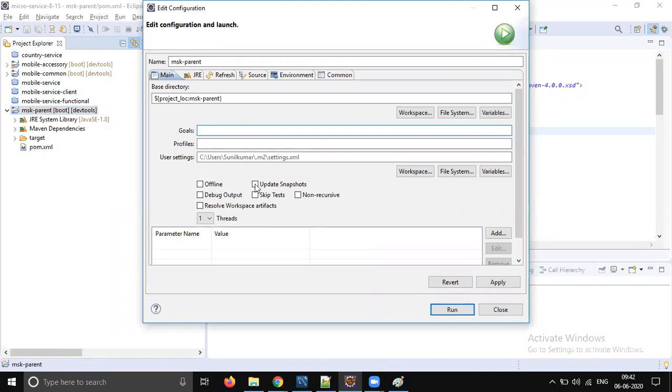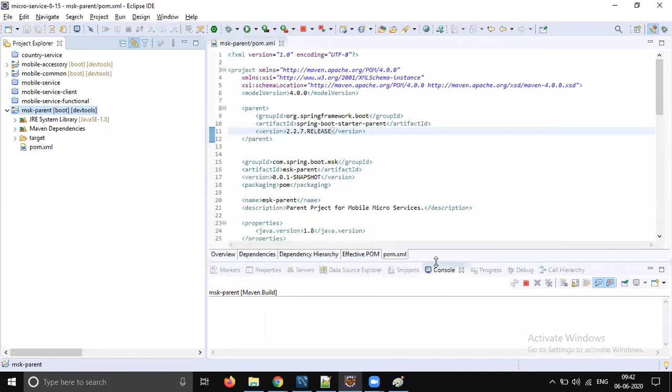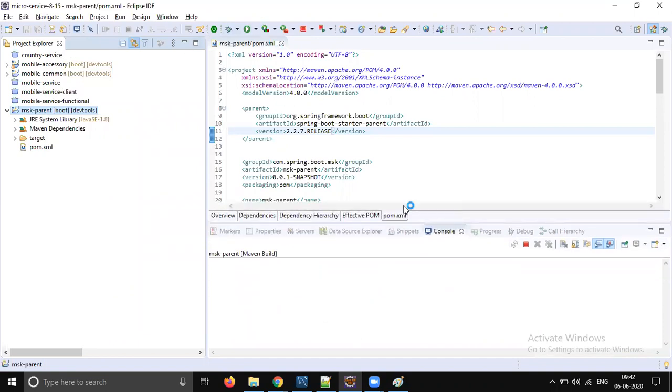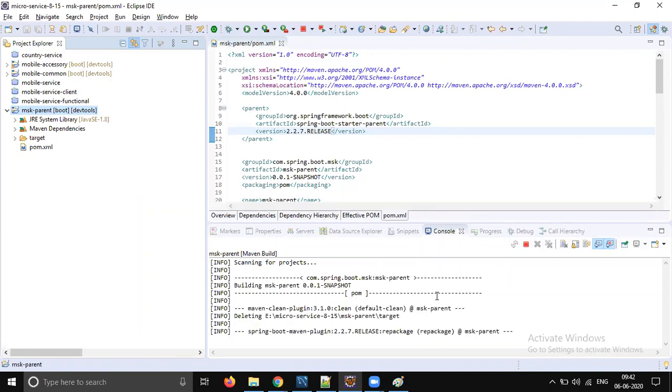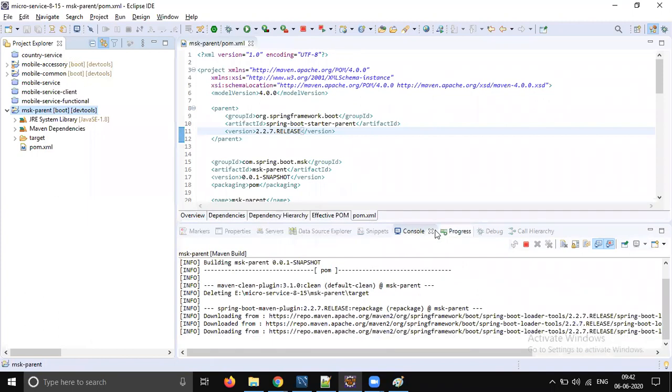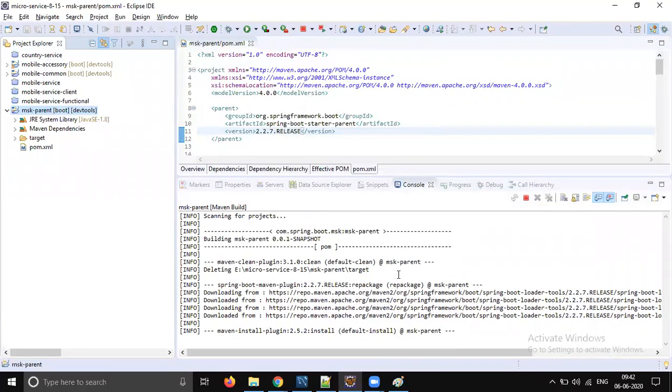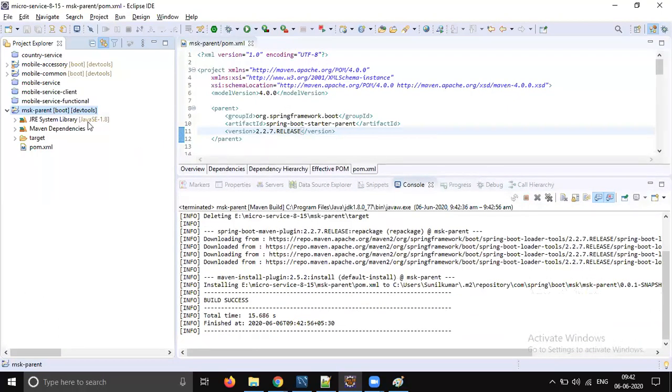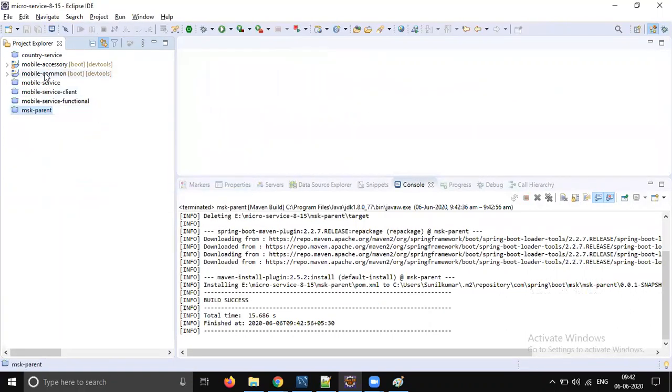Yes, let's first build the parent. Okay, so build done. Let's close the parent. We don't need the parent.